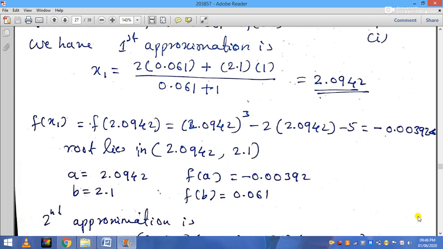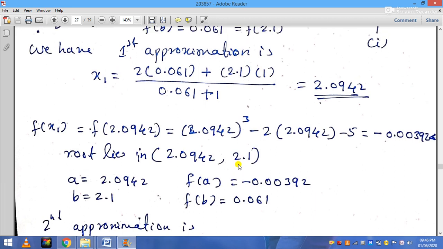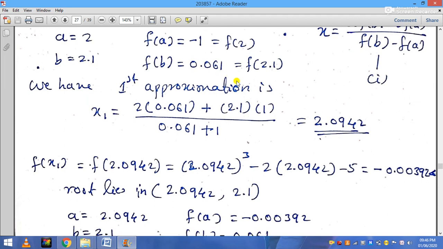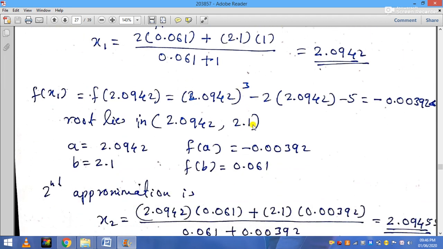So in the second iteration we require one positive root and one negative root. By putting x equal to 2.094, it is negative. We take the positive root from the previous iteration, so that is 2.1, the positive root. So here also, for the second iteration, 2.1 is the positive root. So a is 2.0942, f of a will be 0.00392, b will be 2.1, then f of 2.1